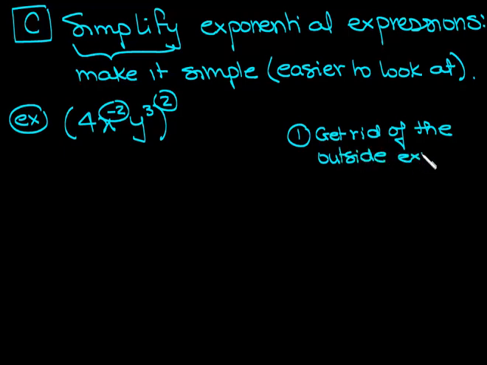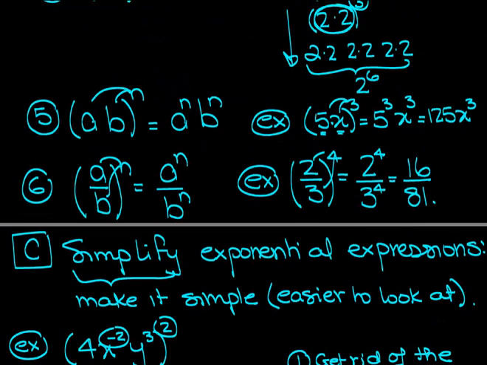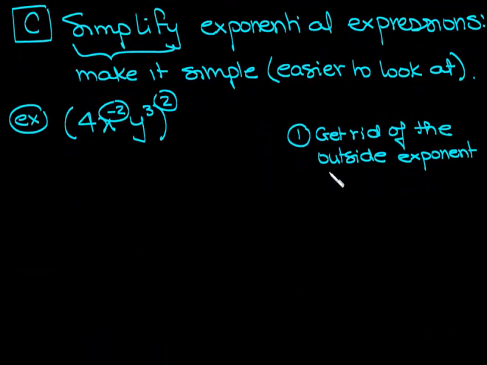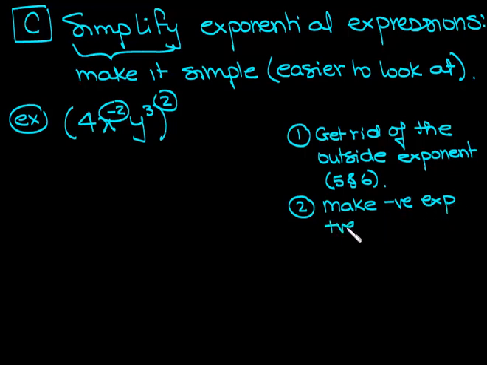To do that, I'm going to use properties 5 and 6, depending upon what my problem is. So I'll put the properties down in parentheses, 5 and 6. The second thing I do is make negative exponents positive. That's property 2. And then the last thing we can do is cancel or combine,